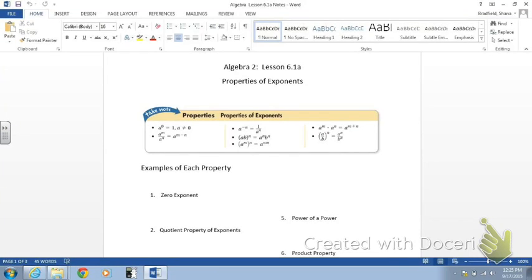Alright, so we're going to look at lesson 6.1a, and it's just kind of a review of the properties of exponents that you would have had in Algebra 1. So we've got some examples here. You have your list of properties. The first one